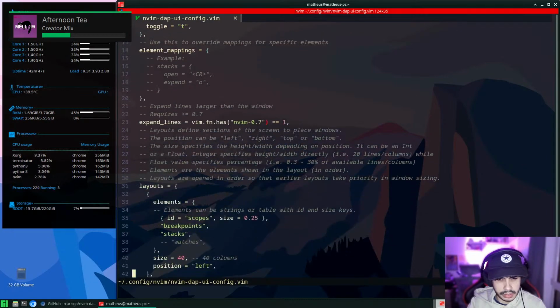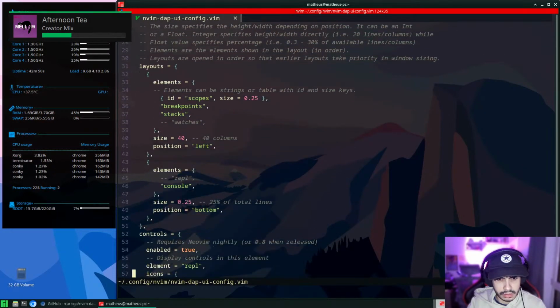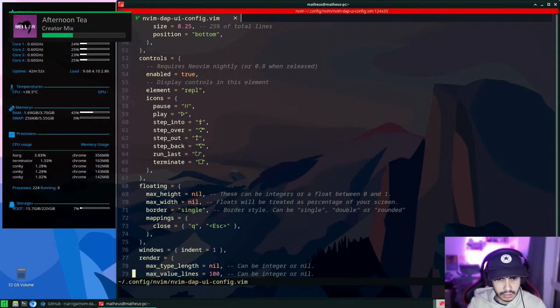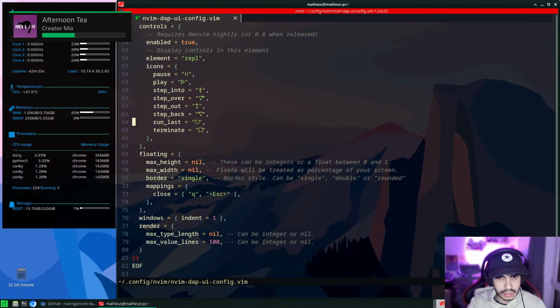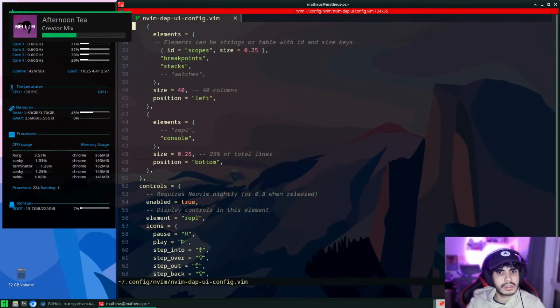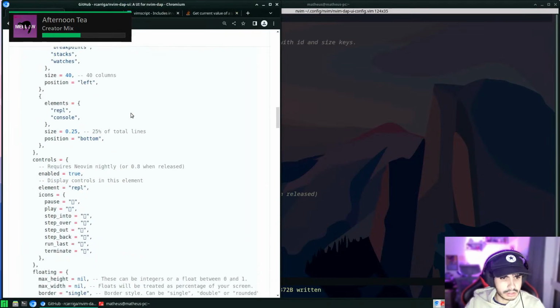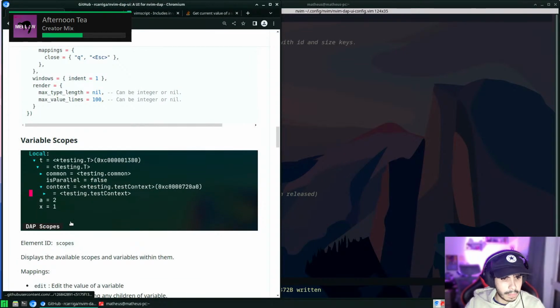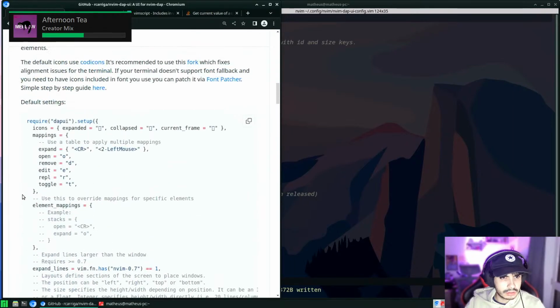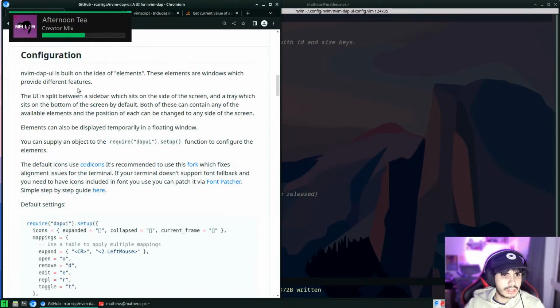Maybe that's not the only place that we need to remove this. It's definitely the only place that watches appears. Is there a catch? Once you've changed the configuration, what do you need to do? So let's actually take a read of this. You can supply an object to the require setup function to configure the elements. The default icons use conditions. Okay, so maybe we have to